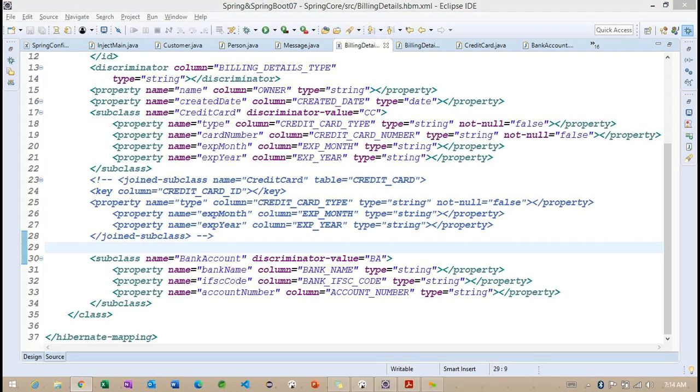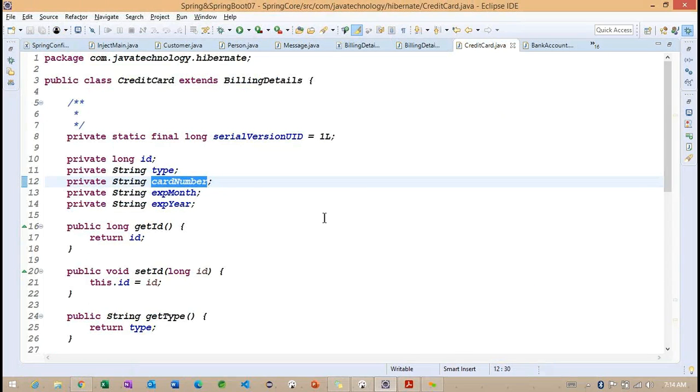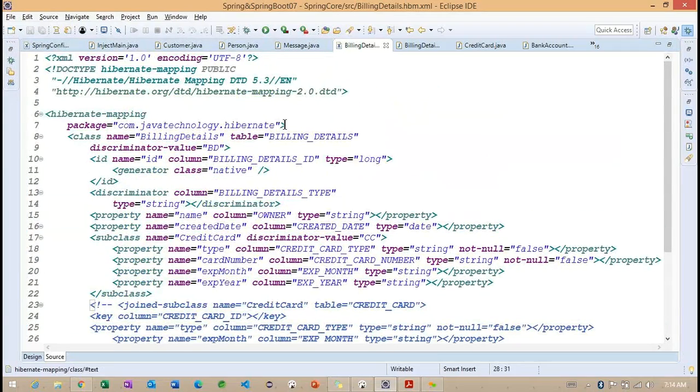Right. So now, okay. So we don't want to work with this particular ID. Okay, finally, no problem. So let me create an object of these three classes here. To create an object of these three classes, first what we need to do? Because all the properties we are creating inside this particular billing details.